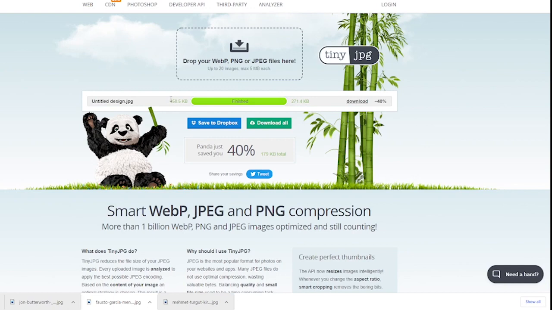And you'll see that this made the image almost half the size. So then go ahead and click the download button. And that's it. You're done with your first image. You might want to rename that so it makes sense to you what it is. And go ahead and repeat that for all your product images, and then we're going to get it on the